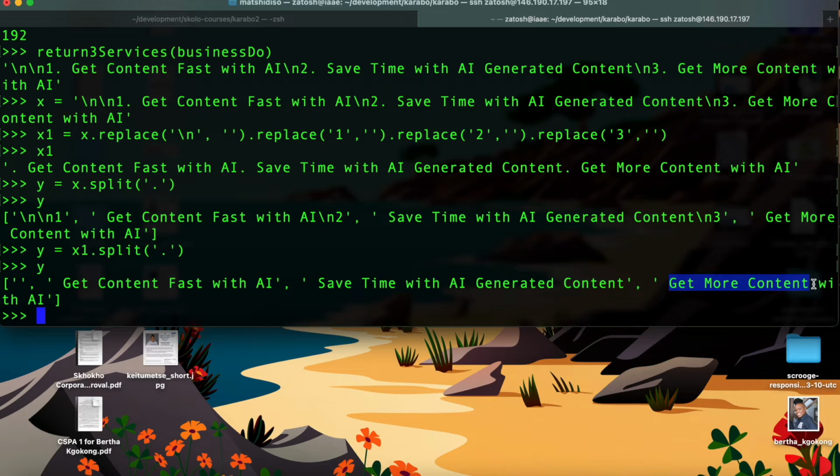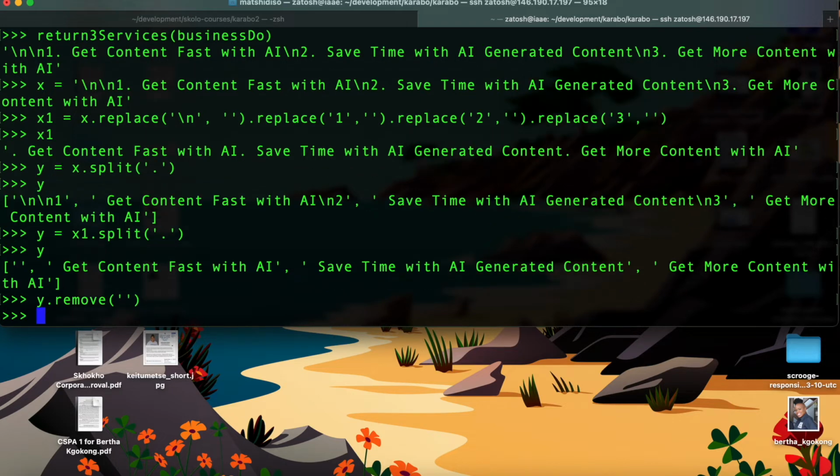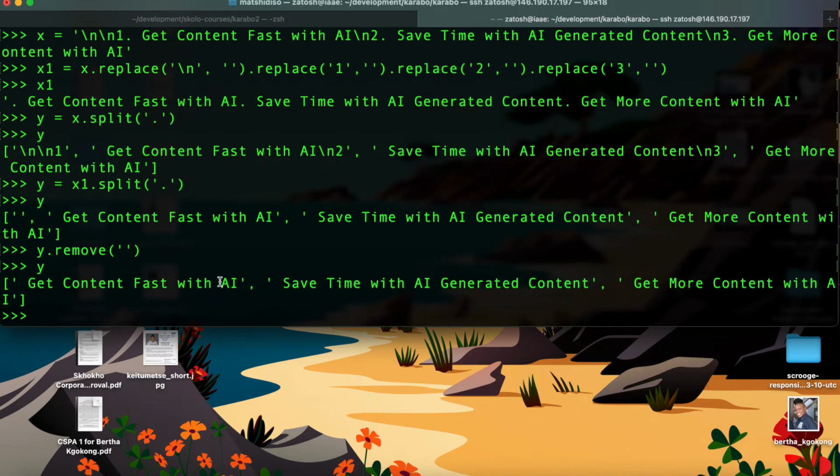We actually want this list to remove. So let's see, if we take Y, and we say we remove empty spaces, will that work? And then let's look at Y again. There you go. So removing empty spaces removed that initial empty Y, and I hope that will always be